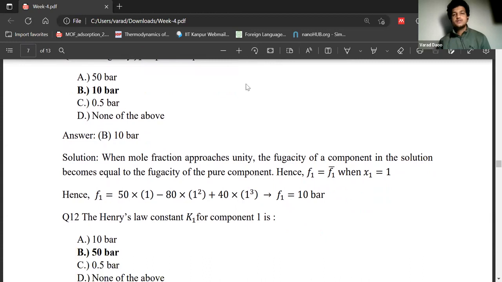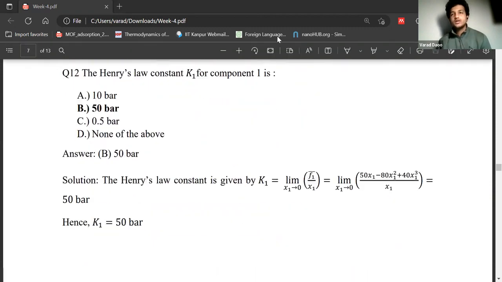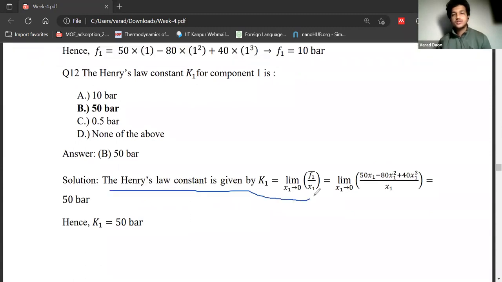Anybody has any answer? The correct answer is option B, 50 bar. Anybody got it? So let me start with the solution. Henry's law constant is given by this expression: limit x1 tending to 0 of F1 bar by x1. So k1 is nothing but limit